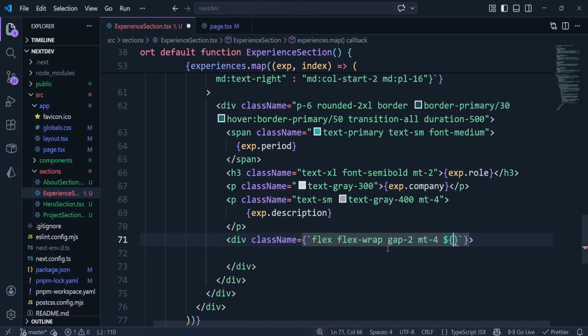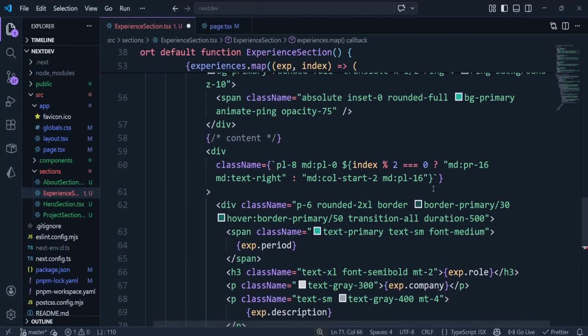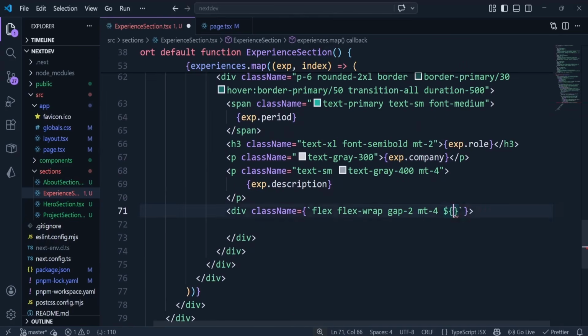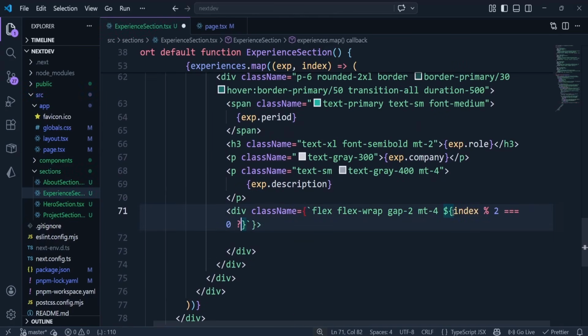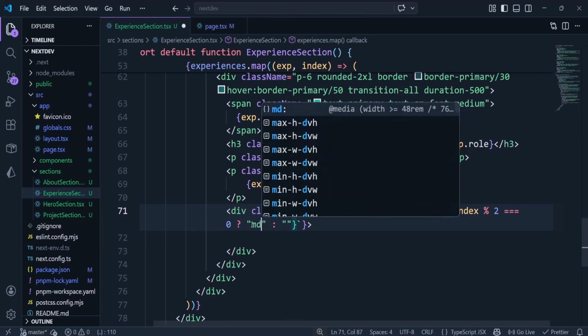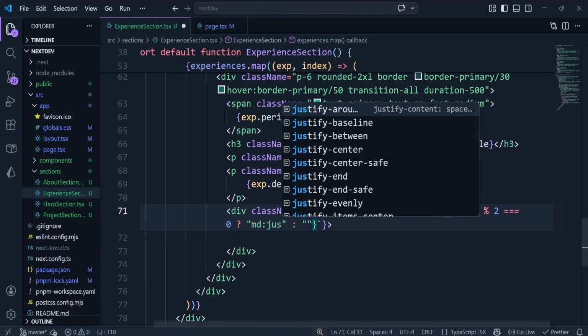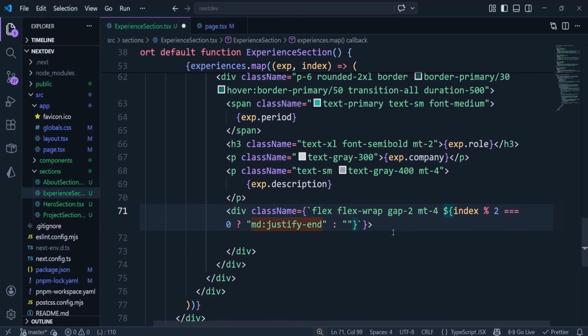So we're going to check, if we just copy what we have here, if the index is even or odd, then we're going to apply these styles, else we're going to apply these styles. If it's even, for medium screens and above, we're going to do justify of end. And then inside this div, we're going to map through the experience